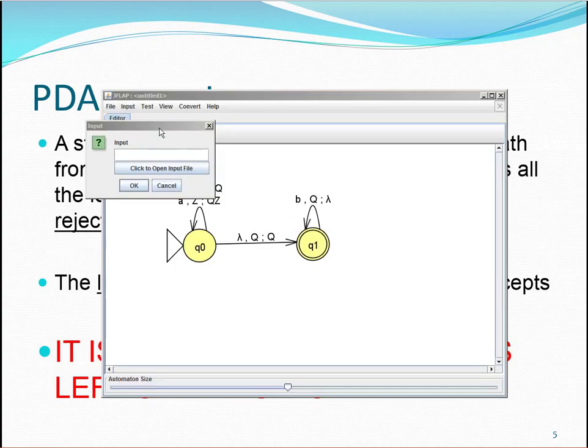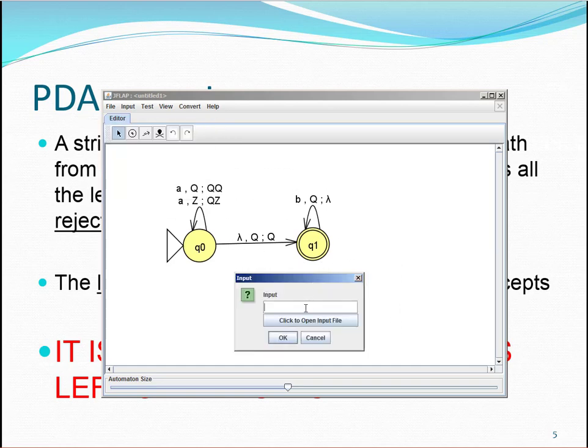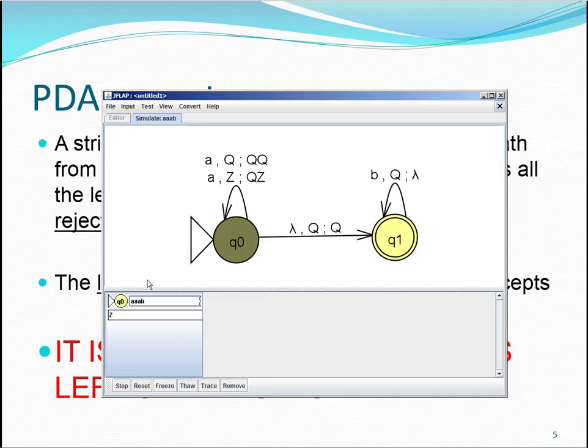Here we go. If I'm doing step by state, and let's try something like lowercase AAAB, I'm going to accept by final state. If we watch what's going on down here in our simulation, we start with just a Z on the stack. We process that A and put the Q on the stack, that's the first A. Process the second A, and of course when we process the second A, we have two options. We could take the lambda jump over here, or